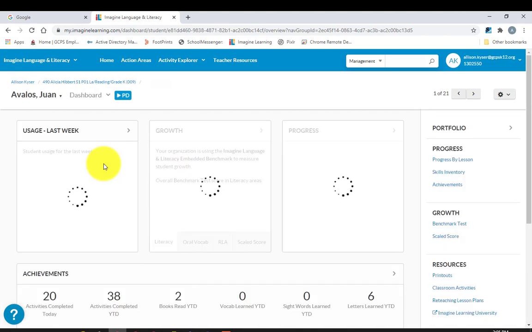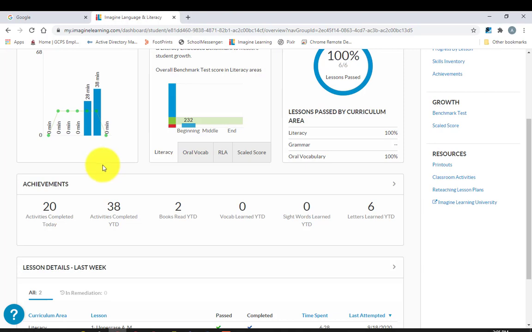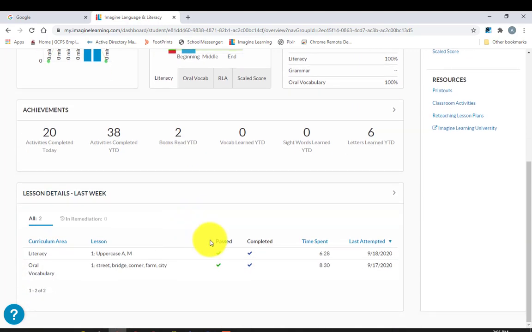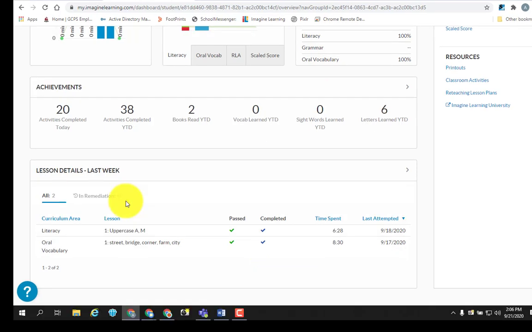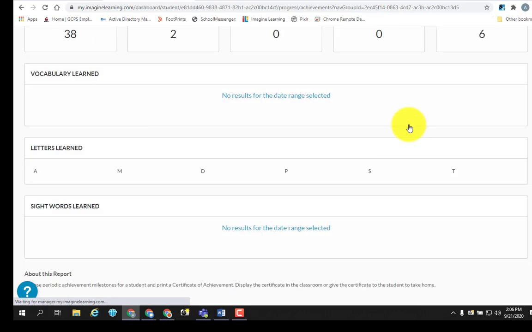So if I click on that first student's name, it's going to give me a lot more information. For instance, I can see how many activities he completed today, how many books they read, and if I scroll down more, I can just see if they passed it, if they completed it. And if you want to really drill down to see what the students worked on, if you can't tell what it was, and if you want to see what the activity was like, you can scroll up a little bit, and right to the right of achievements, that arrow, if you click on that arrow,